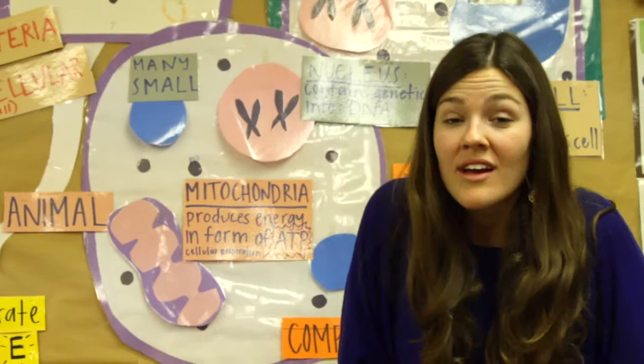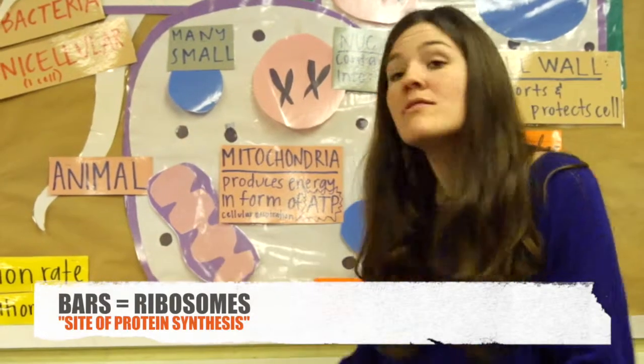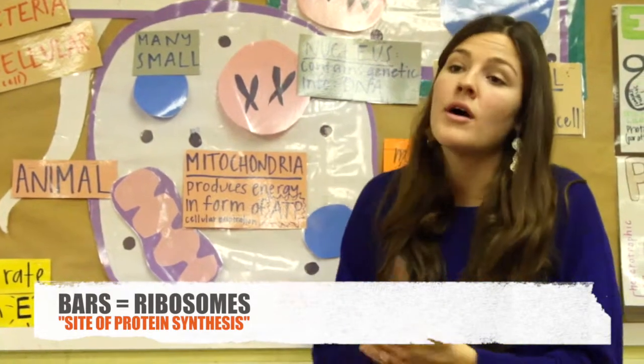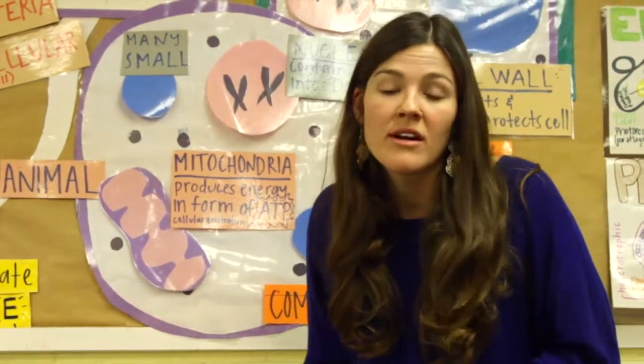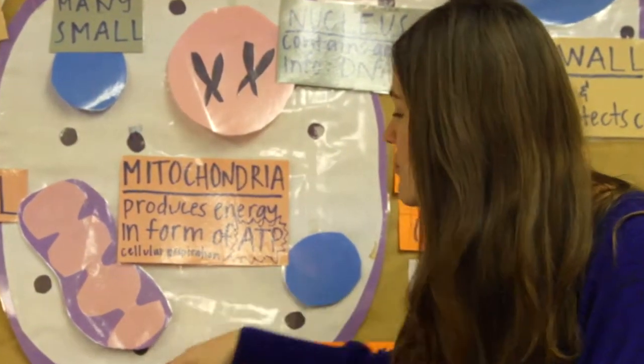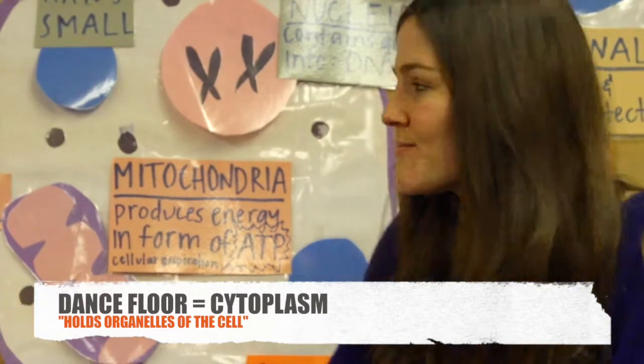Then you get hungry. So you head over to these ribosome bars. And at the ribosome bars, that's where you get yourself some protein. Right? You can order some protein, you can get some ribs, whatever you want. And that's going to help get more done, you know. And then you're walking, you're dancing out on this floor, just like the cytoplasm. The cytoplasm holds all the other organelles, kind of like the way a floor of a building holds everything.